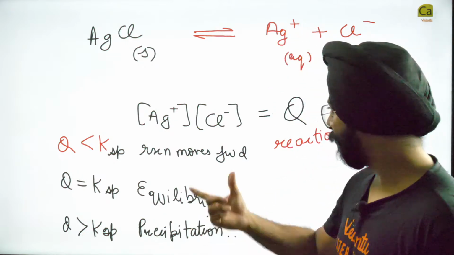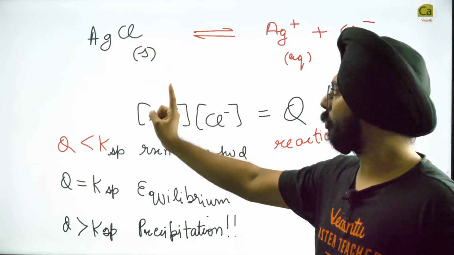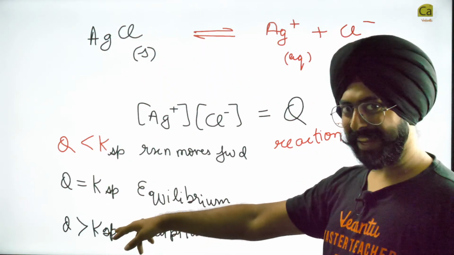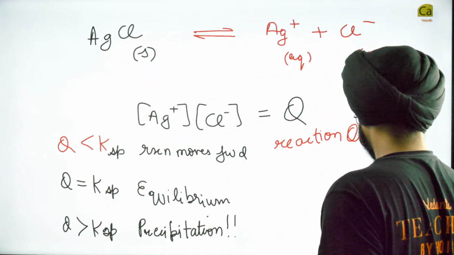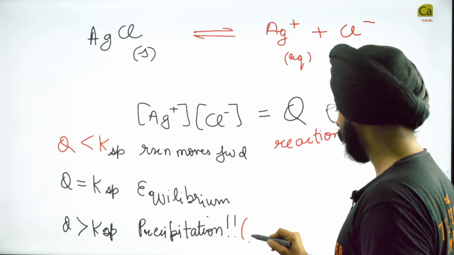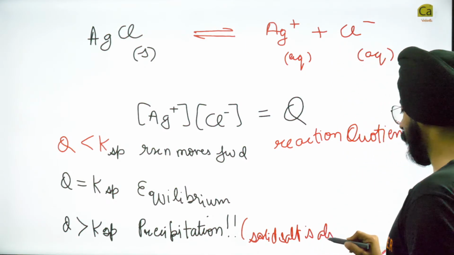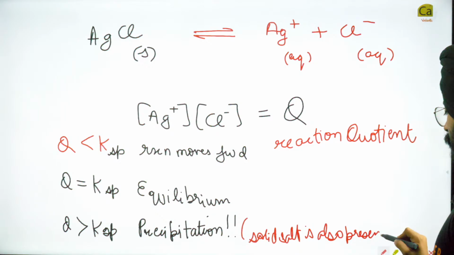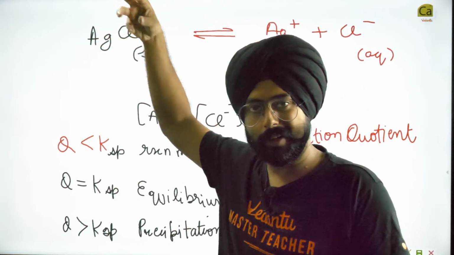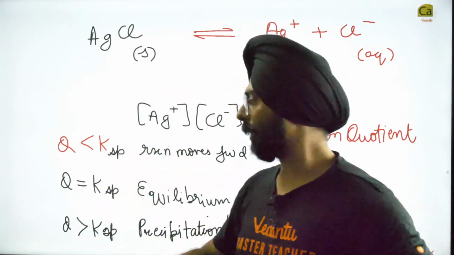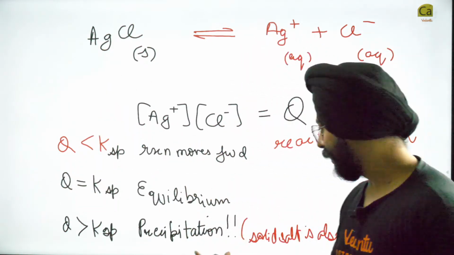If this reaction quotient in this particular case comes out to be more than the KSP, then you will have the presence of solid. I will write here in brackets, just for easier understanding, that solid salt is also present. Equilibrium moves back, creates the solid. And if you started with the solid, then the solid will stop dissolving at this equilibrium. Beyond equilibrium, the solid won't dissolve, it will remain as the solid.